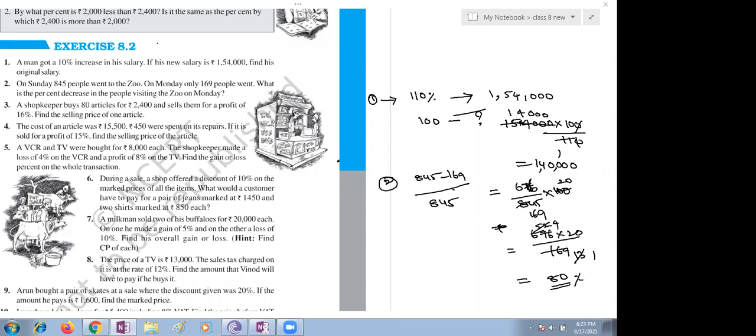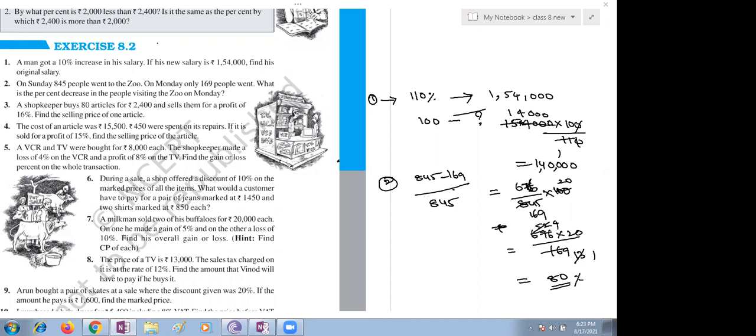You just find it out if you do the unitary method. Same answer. I got the same answer. Same answer you are getting, children. Please try in that method also. Don't stick to the complete calculation of 24% of 16. No need. You just go with it because 8 multiple is 24. You can easily find it out.